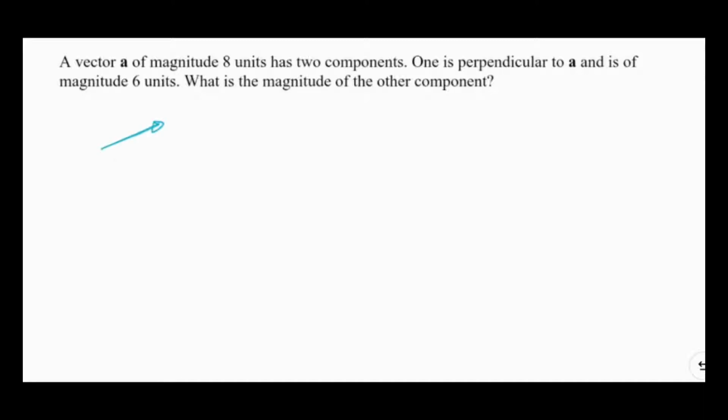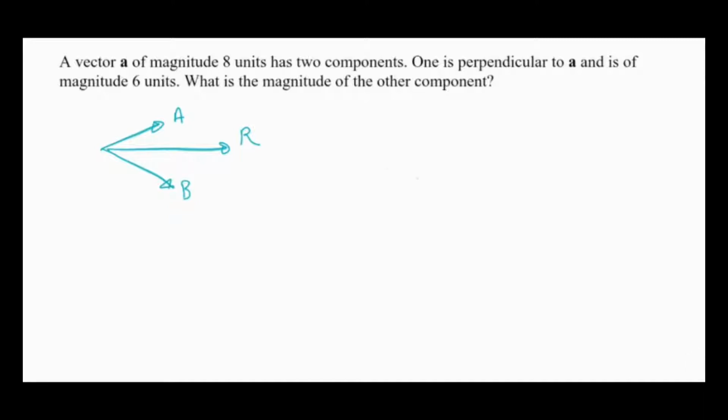Suppose A and B are two vectors which give me a resultant R. Then the A and B which give me resultant R are called components of vector R. This is how components can be defined. And we usually use orthogonal components, which are perpendicular to each other. So that's why this question is different from our normal understanding of components.